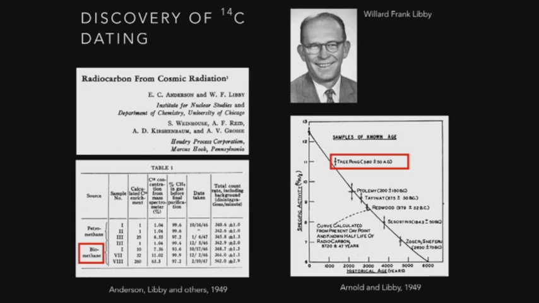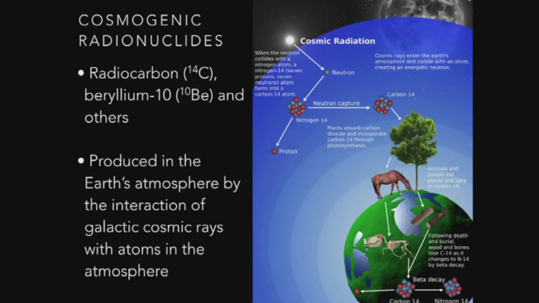So much so that a couple of years later in Science, Libby and another colleague, Arnold, took a series of things of what they thought were known ages and then actually radiocarbon dated them and realized that, on the rate of decay they expected, it basically fell in a straight line. And one of the key ones, the oldest ones, was a tree ring record that they had that was of known age, or what they thought was known age. So it was proved suddenly radiocarbon was real and it could be used.